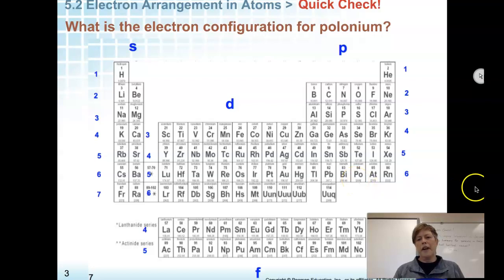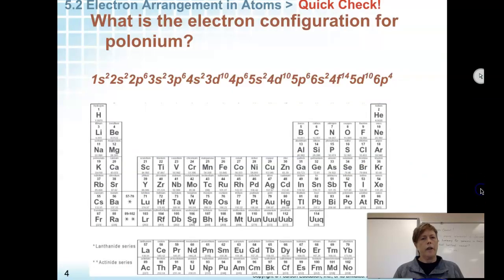Polonium, then, if you're making your electron configuration, you will start at the first energy level in the s orbital. You always will because of Aufbau. And then you're going to just go 1s2. This is 2s2. And the superscript is how many boxes I'm counting or how many electrons I'm going along. This is 2p6, 3s2, 3p, 1, 2, 3, 4, 5, 6,